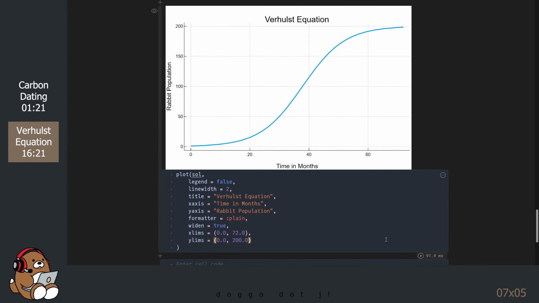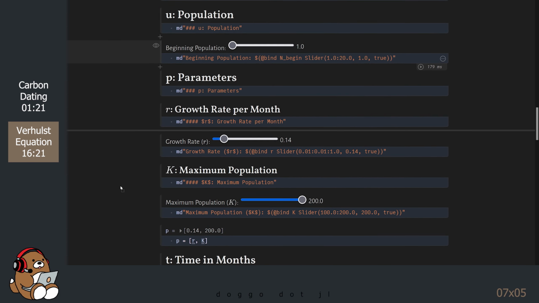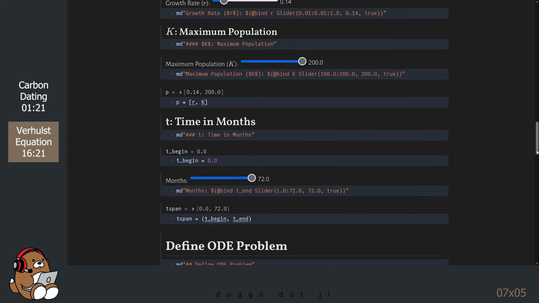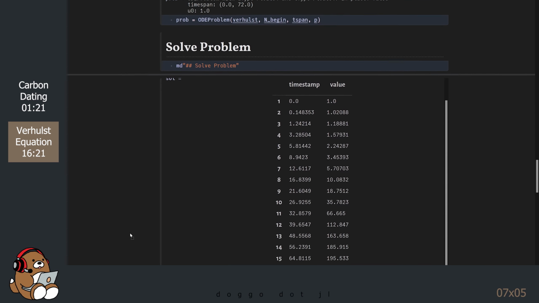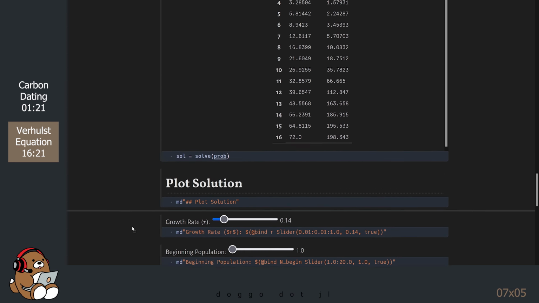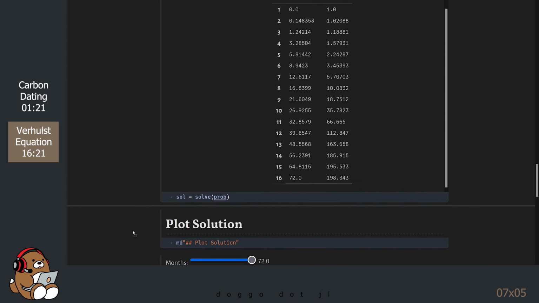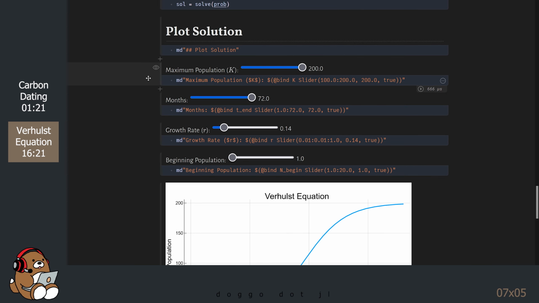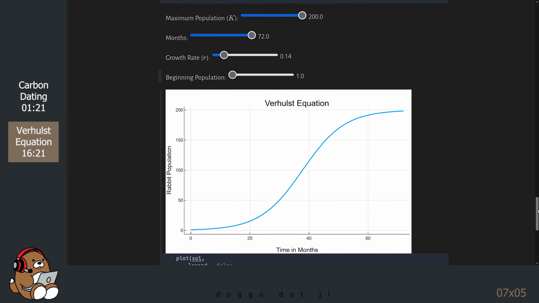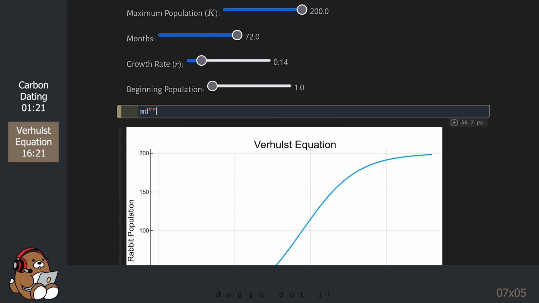Let's pull our sliders down so we can use them for some analysis. Let's add some markdown to see the ending population.